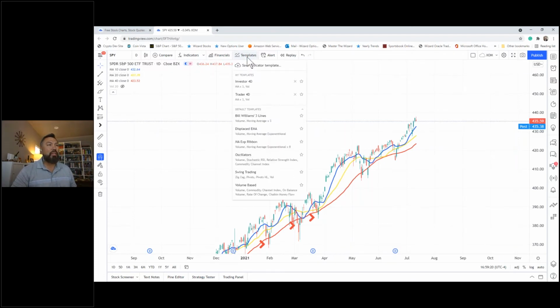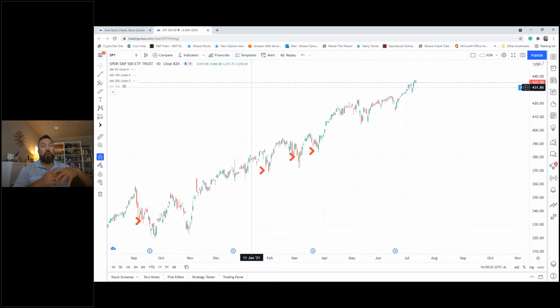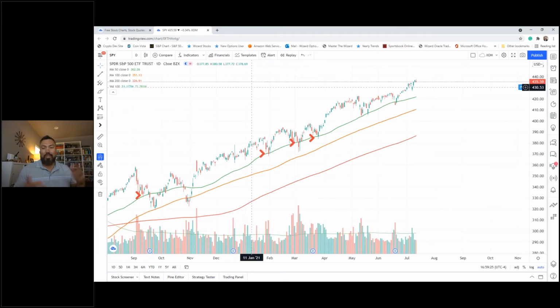If we're looking at something like this investor setup, which is our larger moving averages, our 50, 100, 200, we're talking months and months in a position. For people that have a smaller account, let's say less than $50,000 or $75,000, we've got to have a little more activity, meaning ins and outs, buys and sells, round turns in a position to make money. If not, you're going to be holding a position to make 5% in 6 months, which is better than a bank account, but still, that's not why most of us are here today, right?